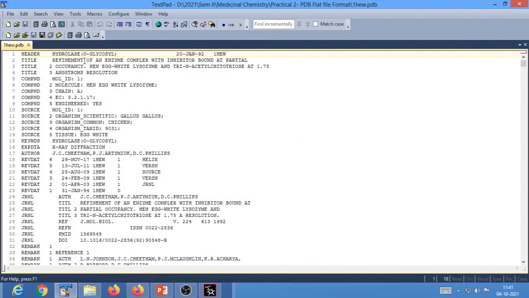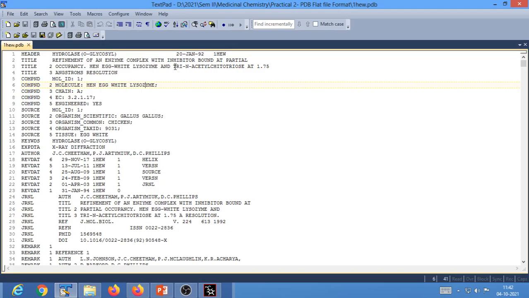practical session belongs to an enzyme called lysozyme. This lysozyme was derived from the white portion of the hen egg. It is crystallized and deposited in PDB, and that is what you have downloaded. This is the enzyme that is said to be crystallized in combination with its inhibitor called trinag,